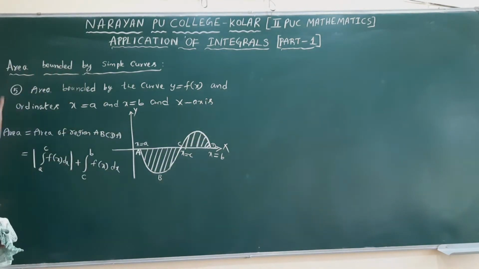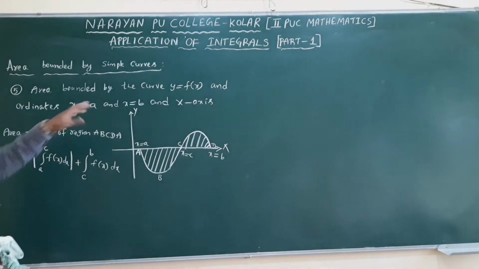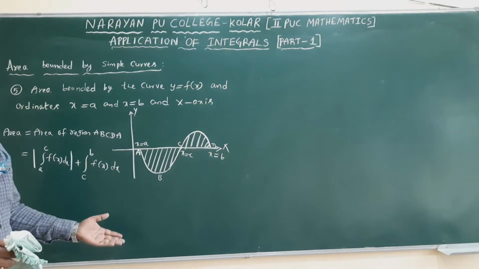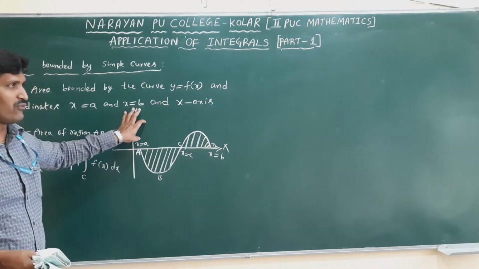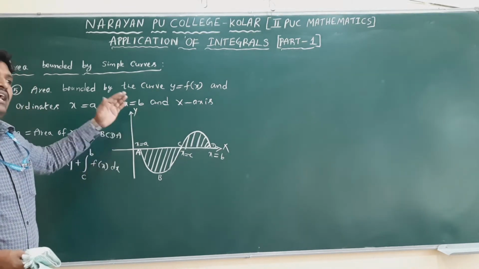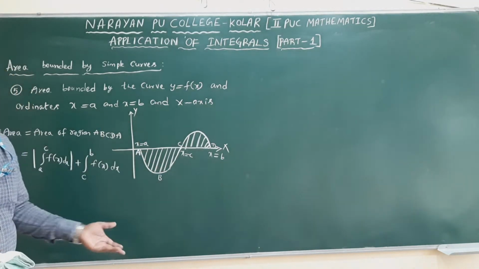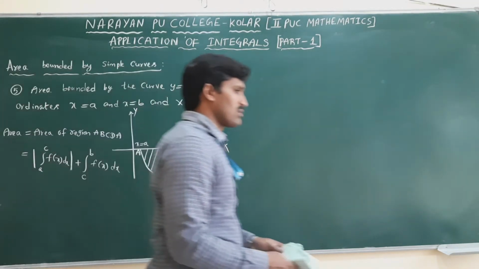This is another concept, when the region involves both below and above. Similarly for the y axis also. One region is on the right side of the y axis, one region is on the left side of the y axis. We look at the same concept there also. Clear? Now a few terms we need to remember in this case.